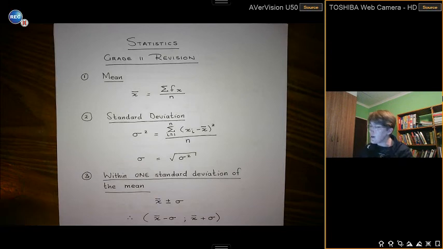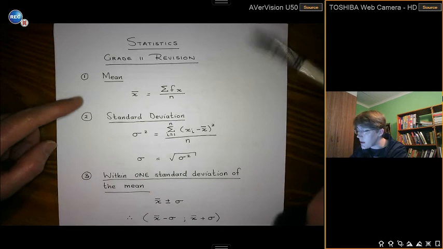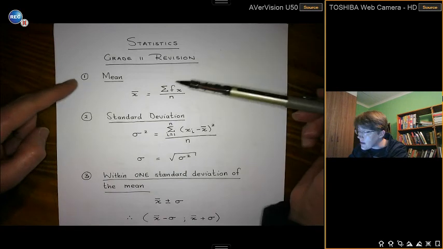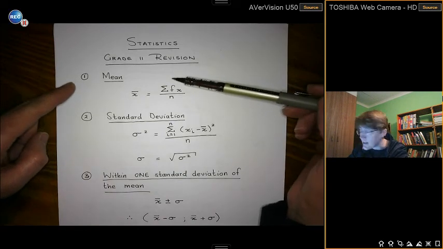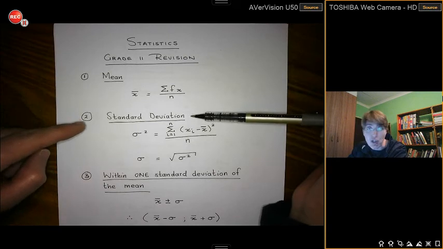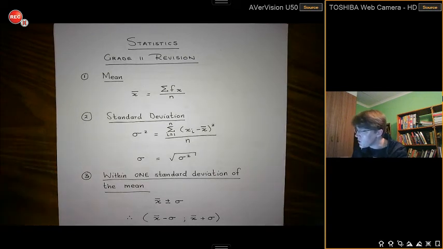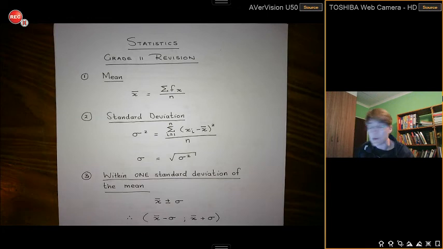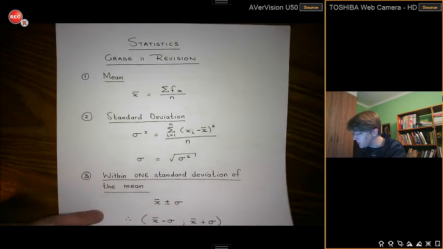So when we do grade 11 statistics revision, please remember there are certain things you have to know, like how to calculate the mean of a discrete data set, how to calculate the standard deviation of a discrete data set. So in order to do this, I'm going to do an example. And in this particular example,